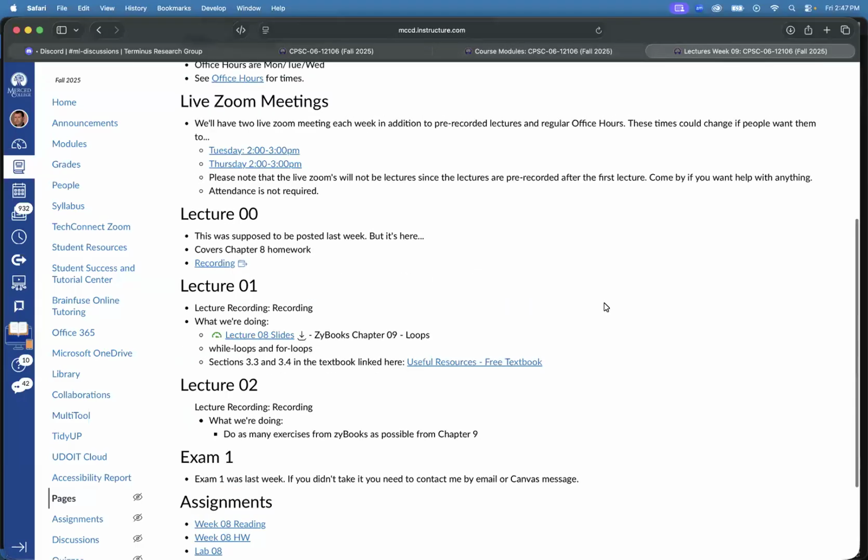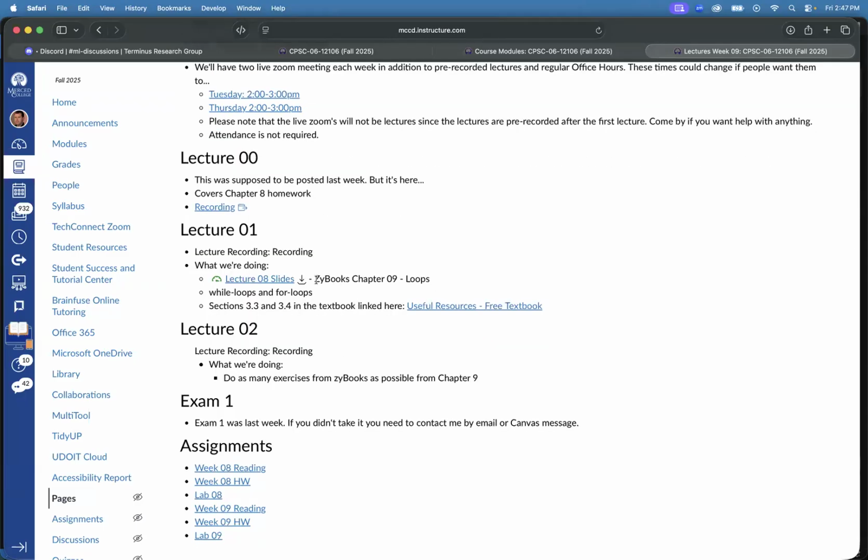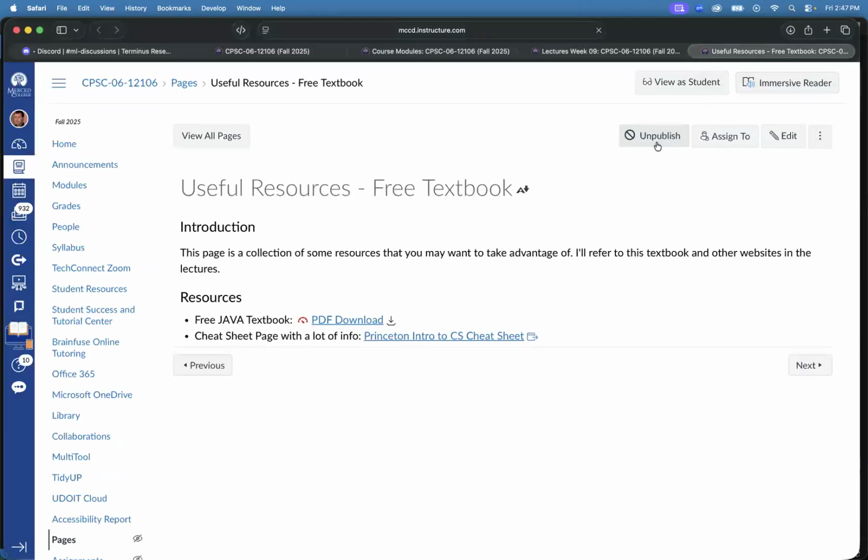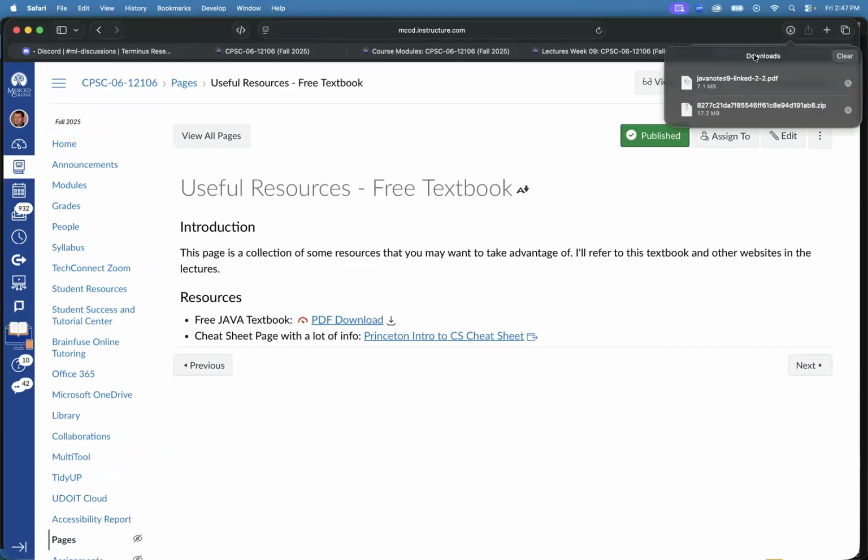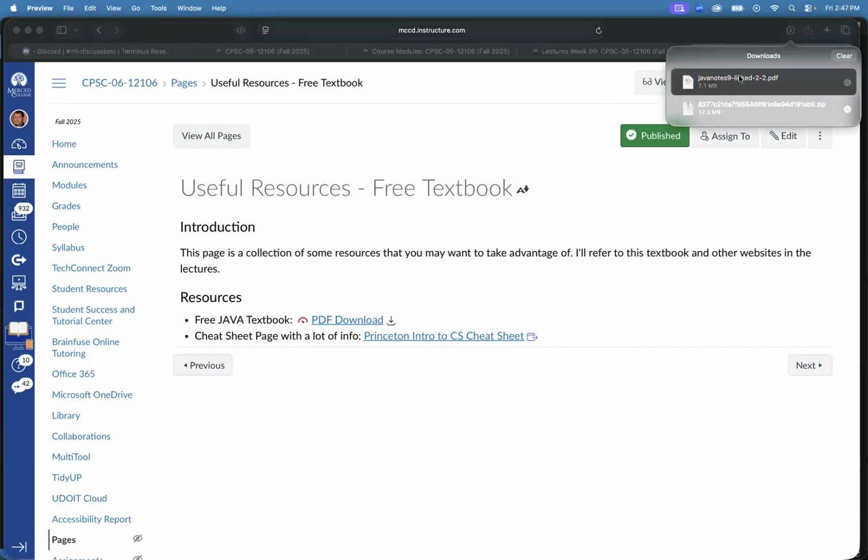Hello, everybody. So this is the recording for week 9, lecture 1, which is going to cover loops, as you can see here. So this is zyBooks chapter 9. Also, there should be a link here to useful resources, free textbook. And if you click on that, then we should end up here, which should point you to a PDF download of a full textbook. So that full textbook is here, and